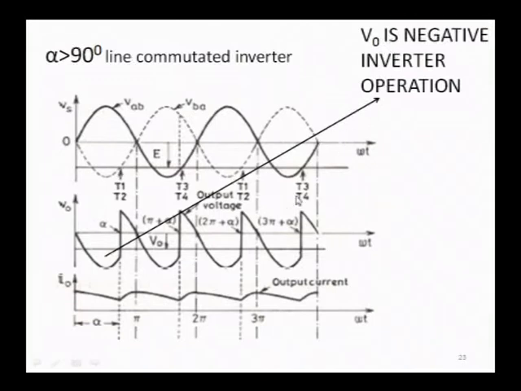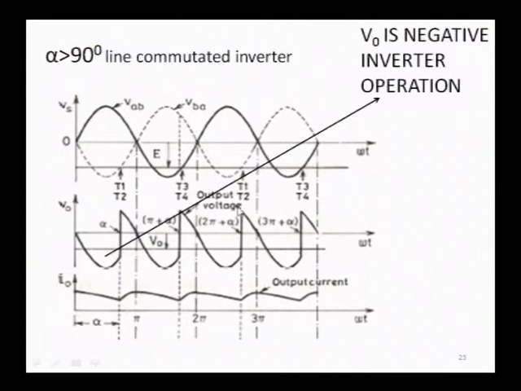You can prove this like this. Okay. So, this alpha is greater than 90 degree. It is a line commutated inverter. Okay. So, earlier it is a line commutated converter. You can see the load waveform, output current shown with little ripples. Or else you can simply write a straight line like this, that is all. So, no confusion at all. You assume an ideal condition and write a straight line here. Now, this is a waveform for alpha greater than 90 degree.